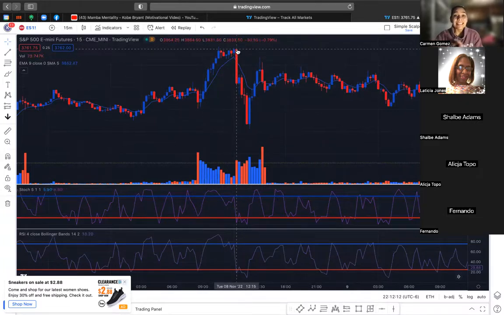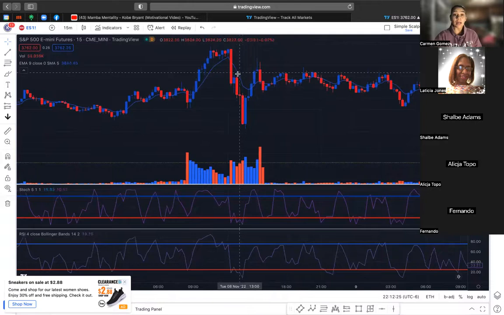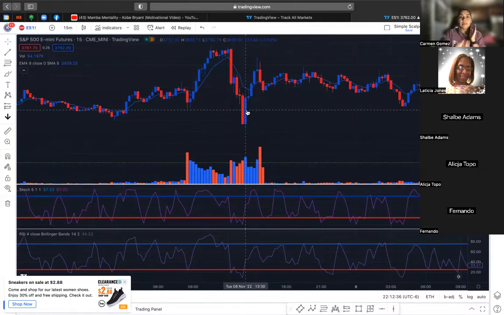Now we can see how this red candlestick here shoots down, which is a pretty massive candle, and crosses below that 50 EMA. What happens then? We see how price shifts in direction and now stays below that 50 EMA, dictating downward momentum. If that makes sense, let me know in the chat box, drop a 222 as we go along. I want to make sure that everything I am sharing with you guys is making sense.